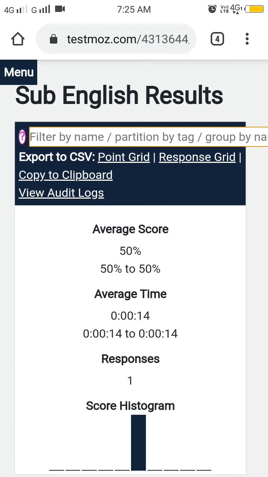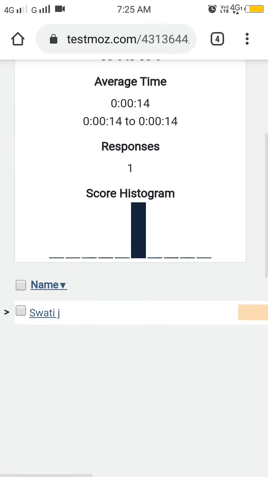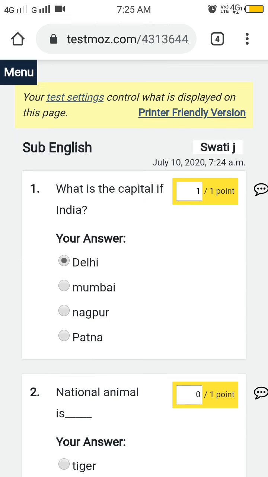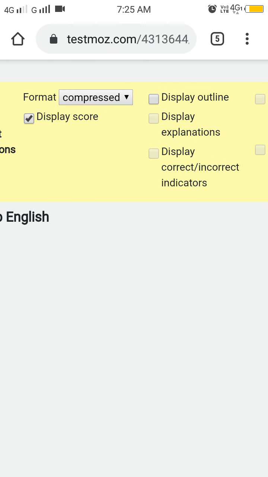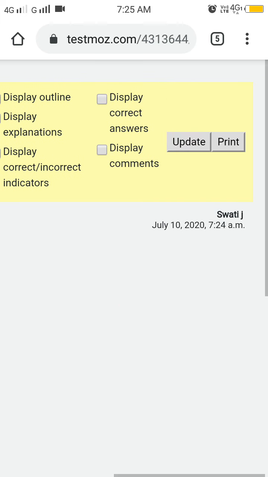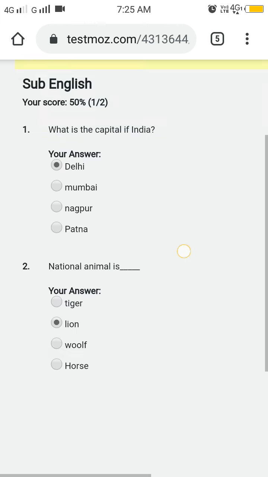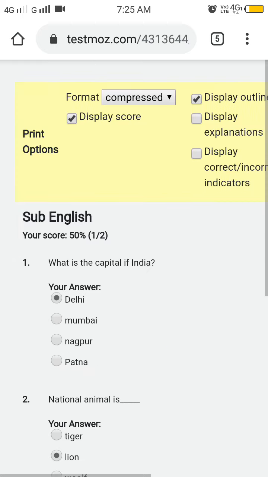Now how to send this paper to the students? Just click on the link, go to printer friendly version, click print, and click on display score, then click on display outline, and update. So this is the complete paper of your student with mark 1 out of 2.